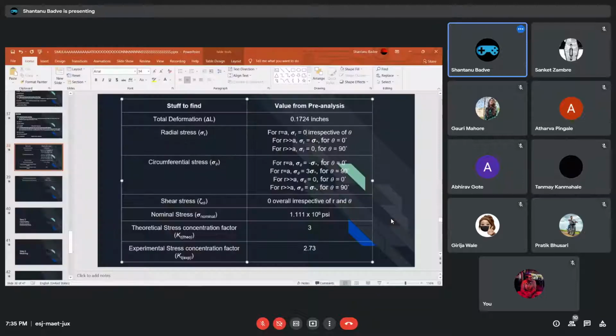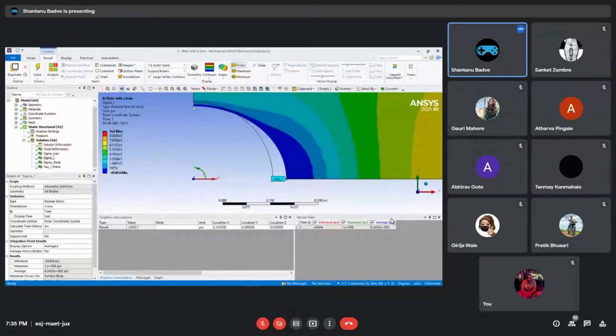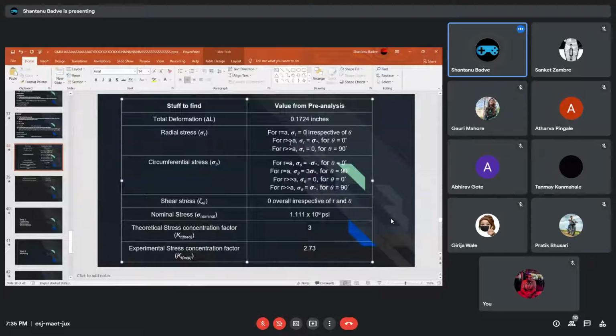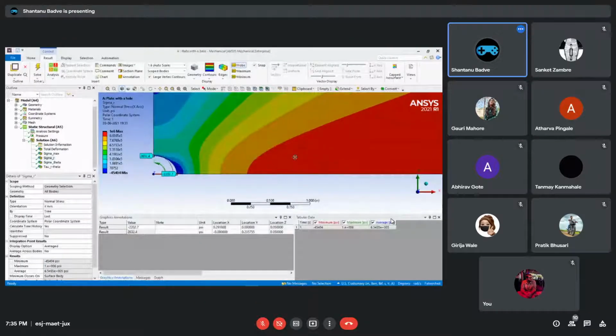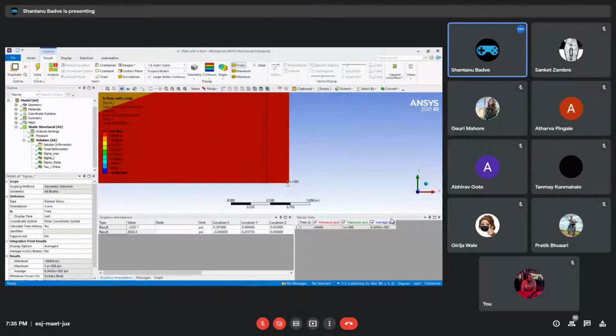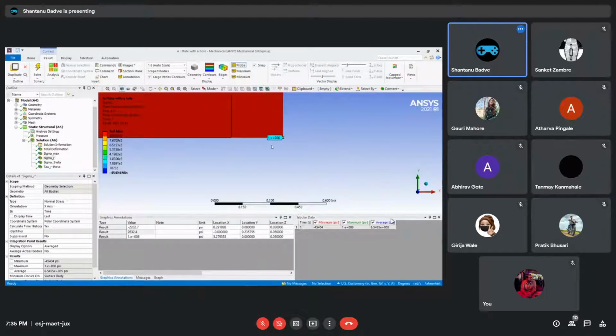Okay, the other thing that we need to see, also we can look at theta equals 90 degrees and it is 2632.4, which is also not 0, but yeah, I just said we can accept it because it is in the low 1%. Okay, then we can actually look at r greater than a at theta equals 0 and theta equals 90. Now there is no infinity in here obviously because the object ends over here. If we come back over here at the boundary, we can see that it is in fact 1e6 psi.